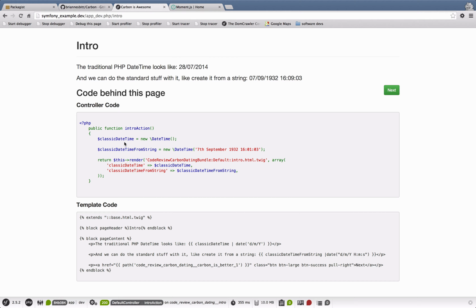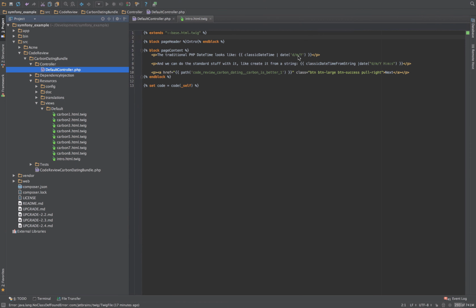As you can see, started off with a classic DateTime, which is just instantiating DateTime. And then we've got another way of instantiating where we pass in a string representation of the date time that we're after. And then in Twig, we can output that by just passing in the variable, and then we've got to pass it through a Twig extension, which tells Twig how to format it. And without this extension, we get a funny error. So let's just take off this bit